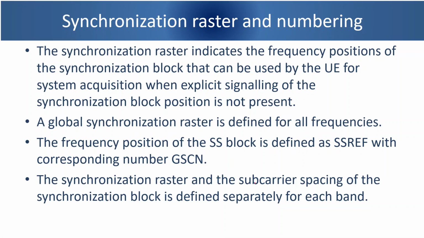So for all frequency bands in the 5G specification, the global raster has been defined. If user equipment is supporting a particular frequency band, it will search those steps defined for that frequency band, right? And for each synchronization number, which we call GSCN, there is an absolute reference frequency, the center frequency of the synchronization signal block, which the system or UE can calculate, right?